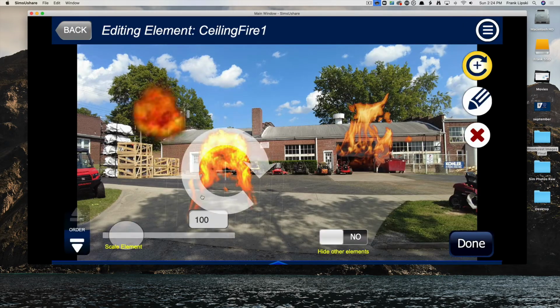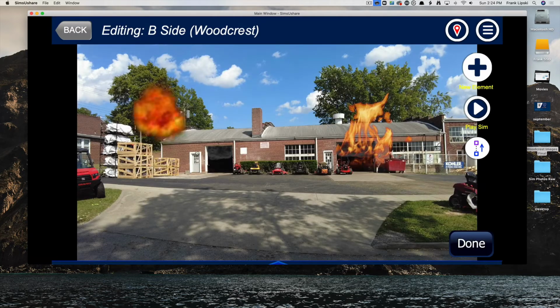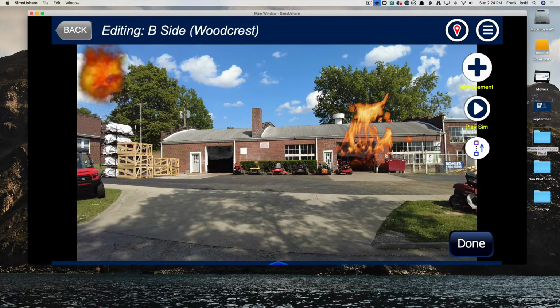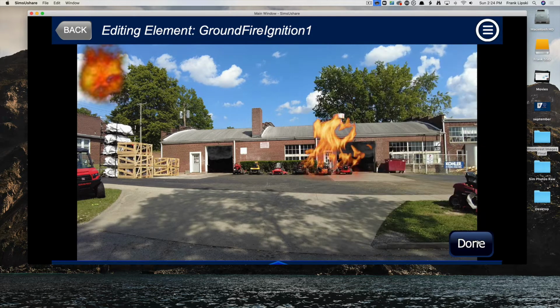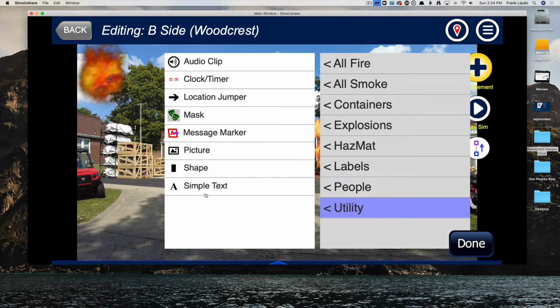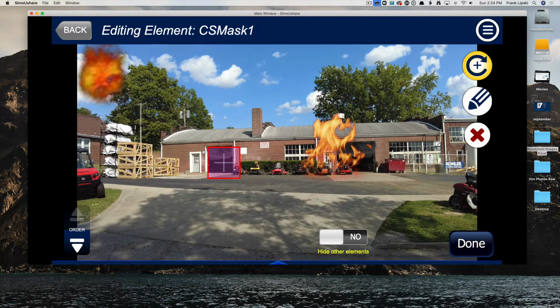Okay, so in this case, I think we're going to mess with ground fire and see if we can make that work first. So I'm going to keep this guy up here out of the way. And I'm just going to move ground fire in. Now, my issue here is I don't want it to be showing outside the building yet. This is what's going to be going on inside. So we're going to throw a quick mask on here just so we can keep everything inside. So we'll go to utility, and then we'll do a mask. We're going to just drag that over, and we want to get it